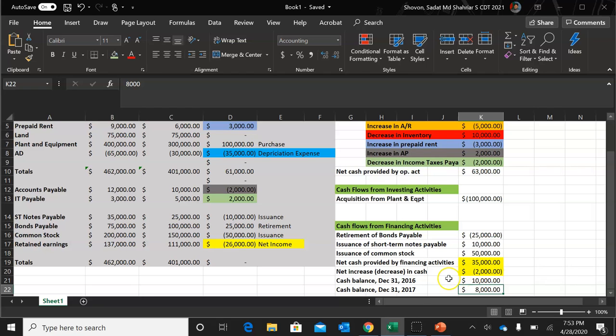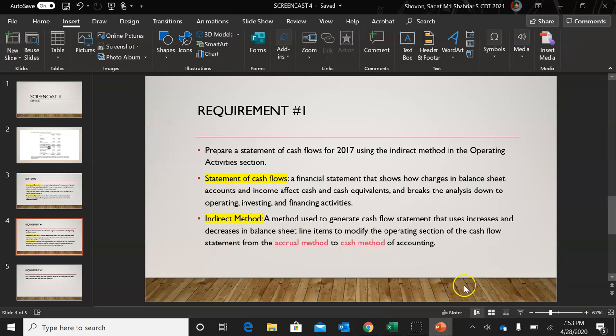The way I found this out is I took the cash balance from 2017, that is $8,000, and the cash balance of 2016, that is $10,000. And then I deducted the cash balance of 2016 from the cash balance of 2017, and that gave me a negative value of cash. That means we are losing money. So now going back to our